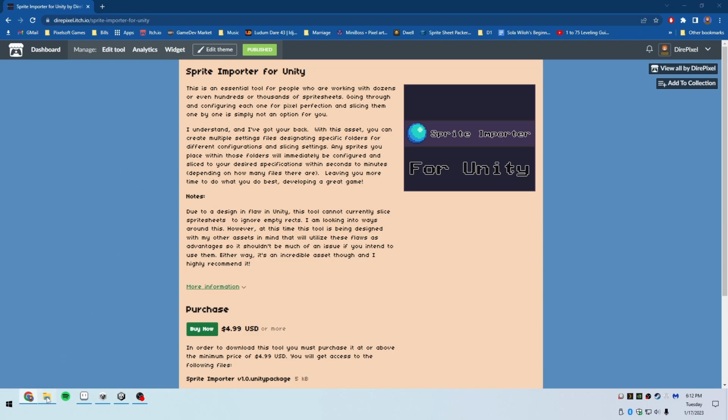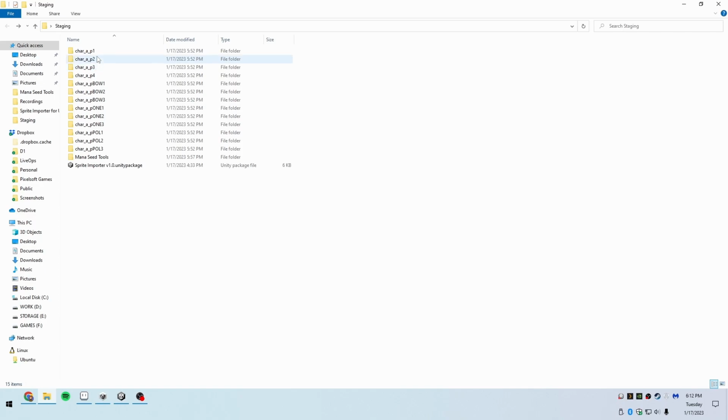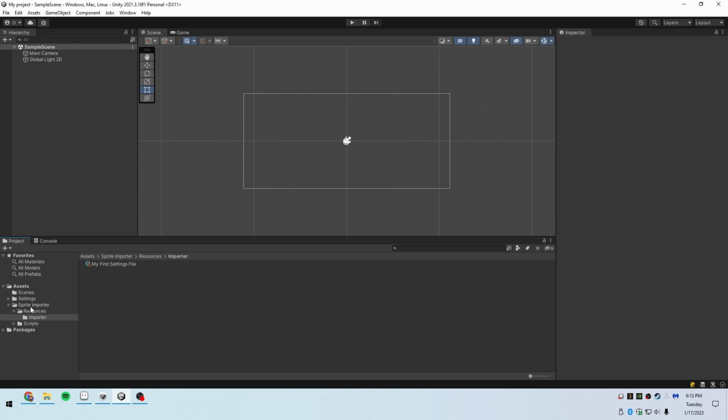So I have a staging folder set up here with all of my sprite sheets that are in these folders that I want to use. I've also got a Maniseed Tools folder in here, for a quick footnote for you Maniseed tool users. And then I've got the Sprite Importer package here, which I've already imported. And so here I've got a fresh Unity project. There's really nothing in it except for this Sprite Importer, and